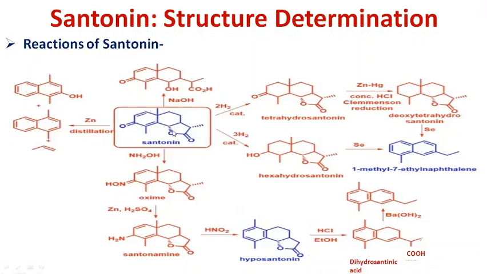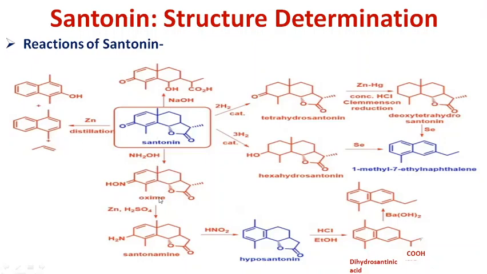On the basis of this we have assigned the structure, and this structure reveals all the reactions that we have studied earlier. As you can see, the sodium hydroxide reaction is forming carboxylic acid, which reveals the presence of a lactone ring. Zinc distillation, as you can see, gives the three compounds as we have already studied, and you can see here the